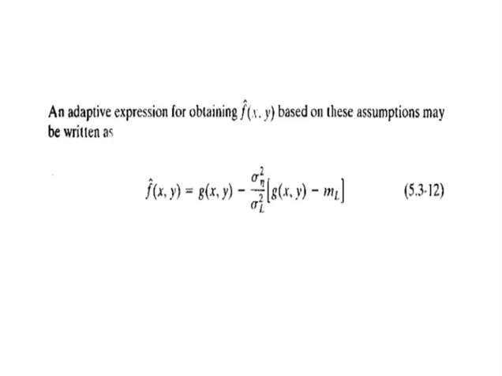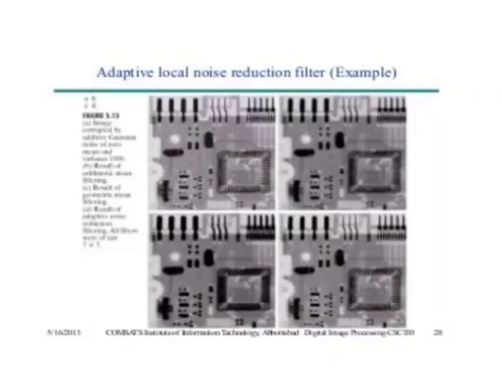In terms of overall noise reduction, the adaptive filter achieves results similar to the arithmetic and geometric mean filters. However, the image filtered with the adaptive filter is much sharper. For example, the connected fingers at the top of the image are significantly sharper in figure D. Other features such as holes and the 8 legs of the dark component on the lower left side of the image are much clearer in figure D. These results are typical of what can be achieved with the adaptive filter.